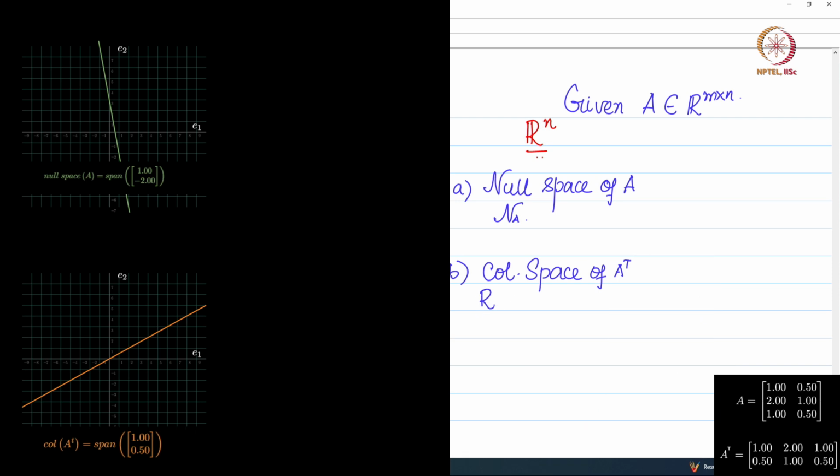The notation is R(A transpose), or we can say the column space of A transpose, which also corresponds to the row space of A,